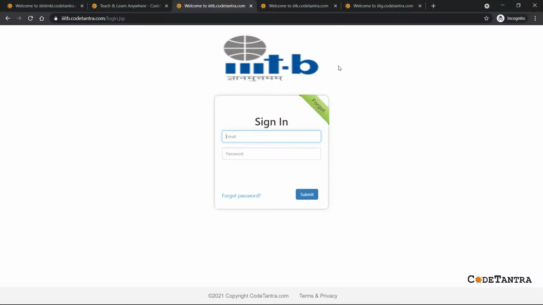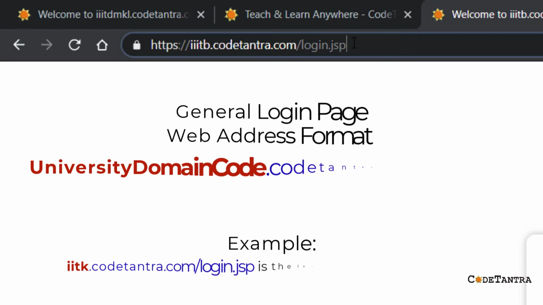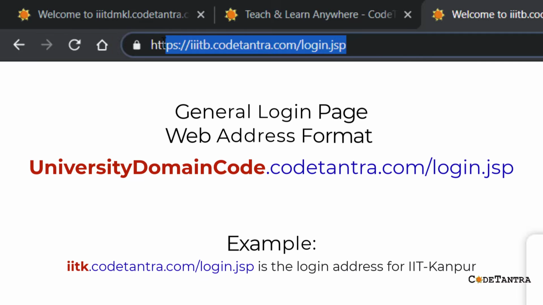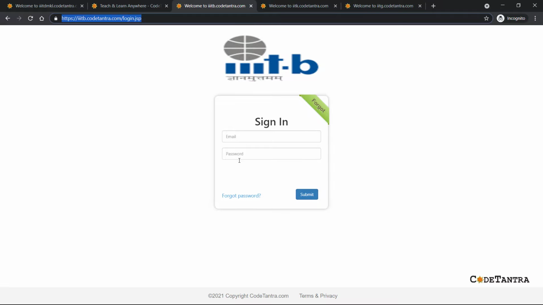Chances are, when you are entering your email ID and password here and still getting a wrong email ID or password notification, this simply means you are trying to log in on a different website altogether. So the very first thing you can do is ensure you are visiting the correct web address, and that you are entering your right password after verifying the logo of your institution here. If these two are correct, chances are you will be able to log in if you have logged in previously with the same email ID and password.